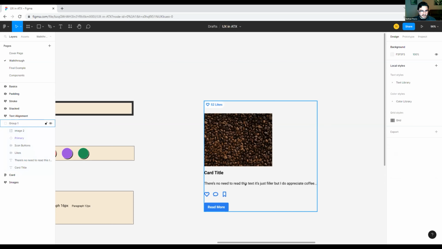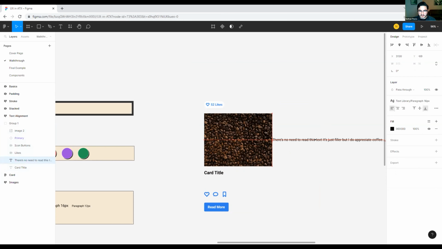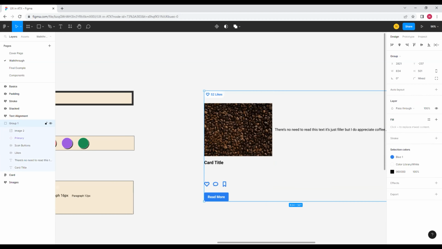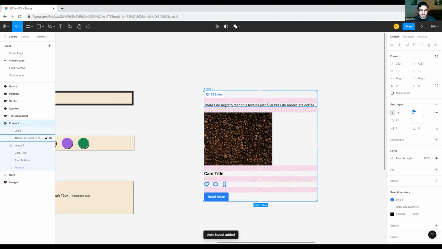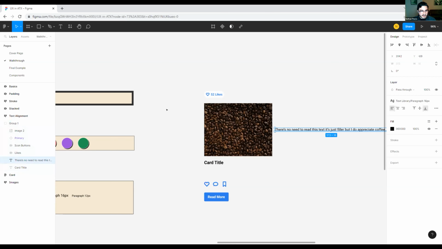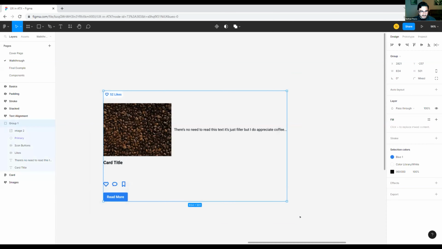So if you had this in the grouping on the right, and then you change it to auto layout, then it does that. Yes. Okay. So I can explain that. If I take this grouping,